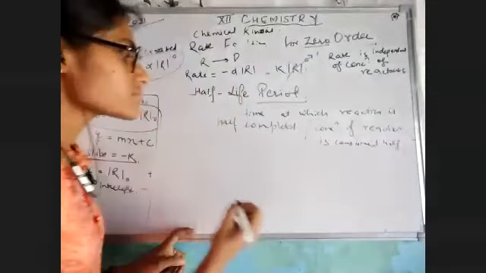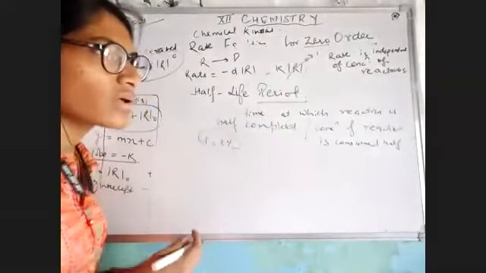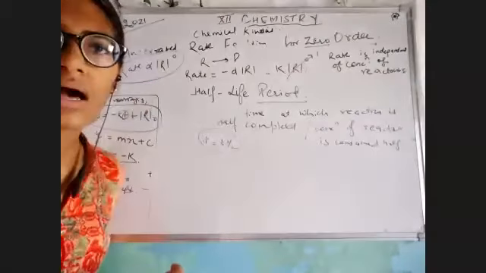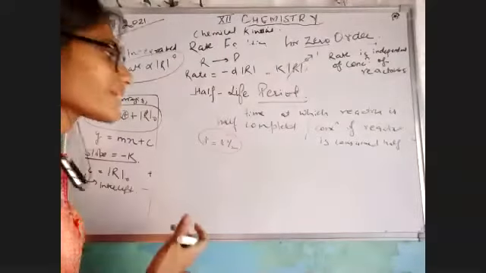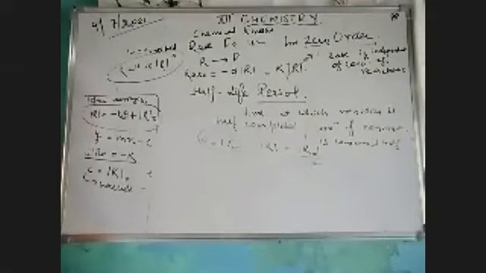That means if I'm taking a time t equals to t half, suppose my reaction is being completed in 60 minutes, in 1 hour. Means at 30 minutes, I would like to say, no, 30 minutes, we cannot say 30 minutes. I would like to say if there is a time which is known as the half-life, my concentration of reactants has become half of the initial. Okay, so with this equation we can easily calculate what would be the half-life period for my zero order. Let's see how.